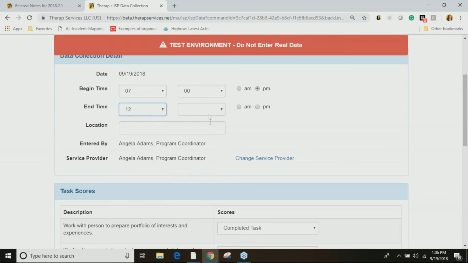But if I was with them all the way through midnight, I can do this. If anybody's trying to do this in our system today, you would get an error, and the latest time you can do is 11:59 p.m. After the release, you'll be able to do any start time, and then the end time can end at midnight. That way you are capturing every last minute. You're not going to lose any billing for that last minute.